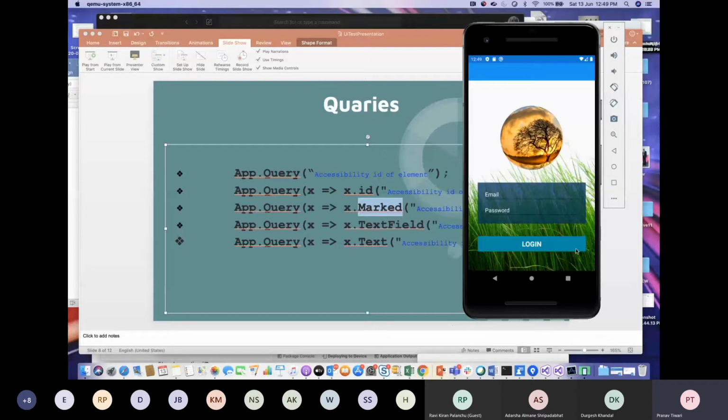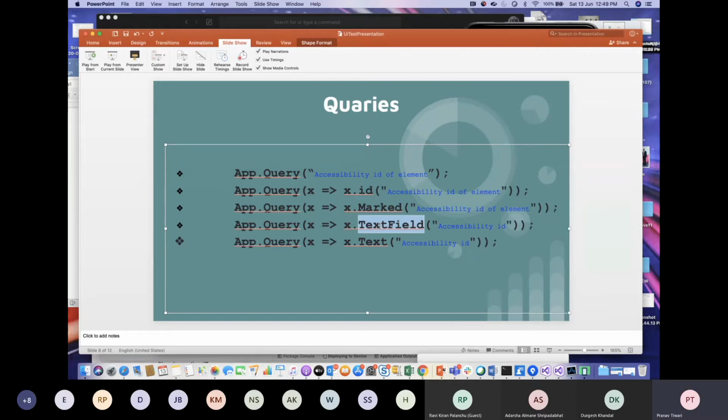So if we have given some wrong ID there, what it will try to do, if I have given login x.mark and in the accessibility ID I have provided login, it will first try to search for the accessibility ID. If nothing is found with the login accessibility ID, it will again try to search with the text, whether it is able to find the login text. If it is able to find that particular text on our screen, it will return that to our query.